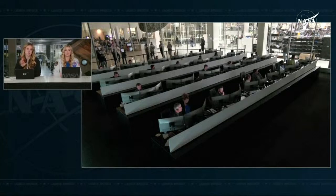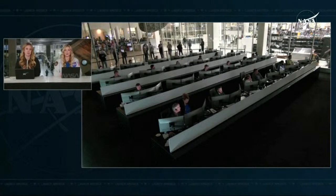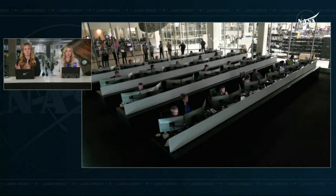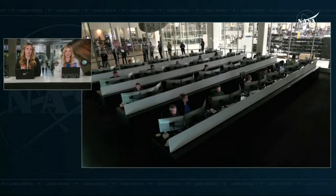We want the heat shield side to be facing forward, or first, if you will. We want that to be the leading edge of the Dragon capsule, as that heat shield is meant to basically be an ablative material for the heat that it will incur. Once we complete that deorbit burn attitude slew, we will initiate the deorbit burn itself. That will last for several minutes, and we're expecting it to start any moment now, actually, and then it will go until about